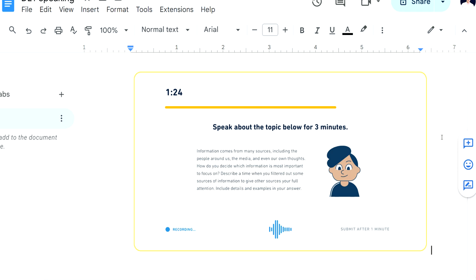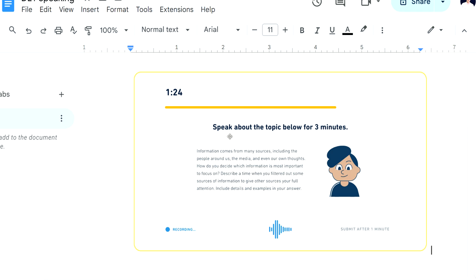All the tips that I will be providing here can be applied to every part of your speaking test in Duolingo. So I'm going to start with one speaking task here, which is speaking sample. So listen very carefully and we're going to analyze the question together, and I will also provide you my valuable tips that can boost your speaking score in your test.